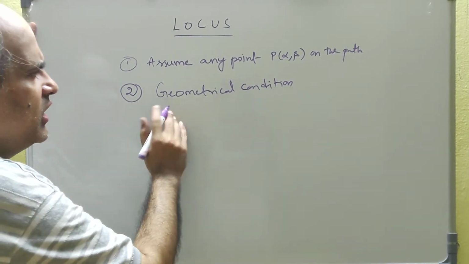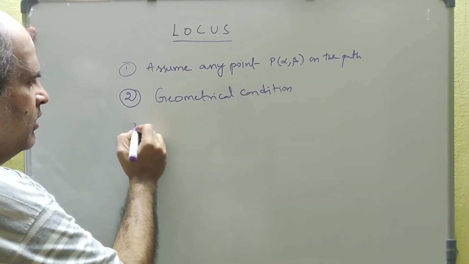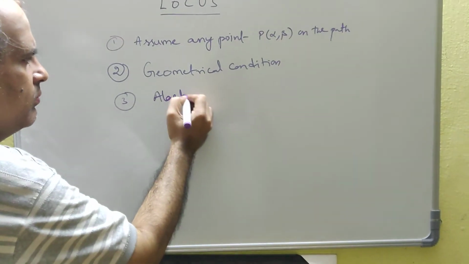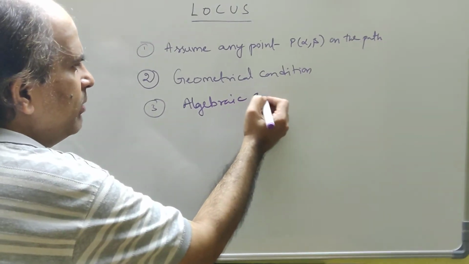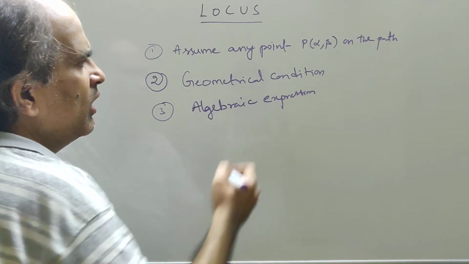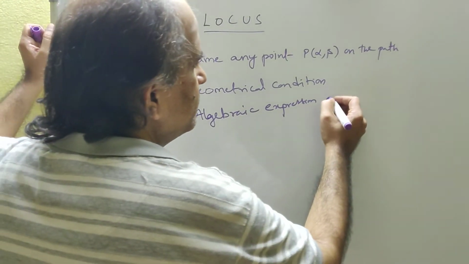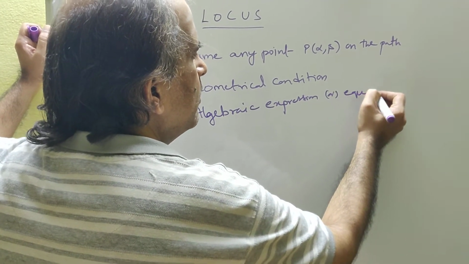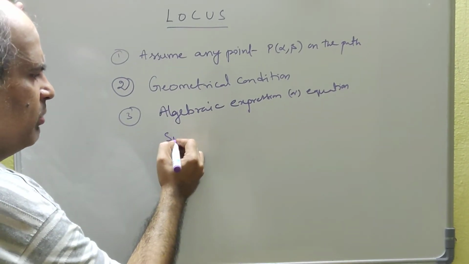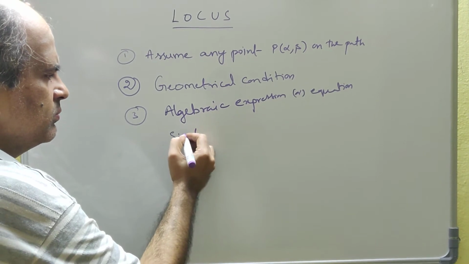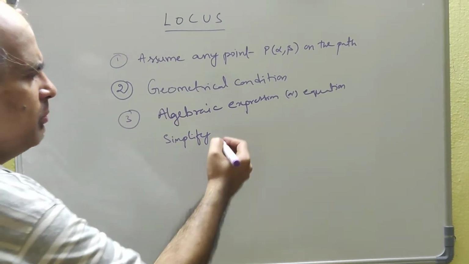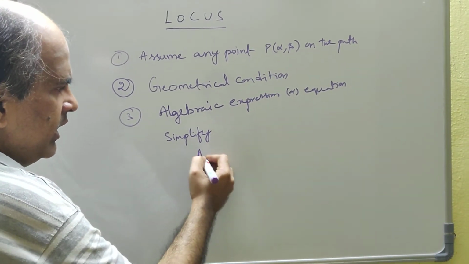Then this geometrical condition, we are going to express in the form of an algebraic equation. Then you are going to simplify that. After simplifying, you will be getting an algebraic equation